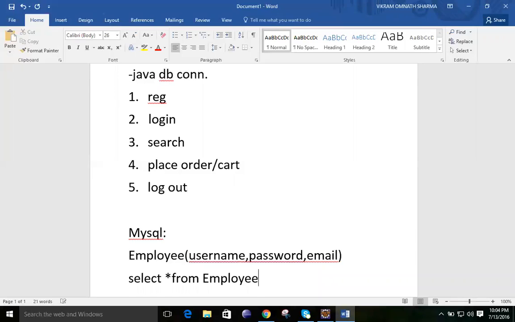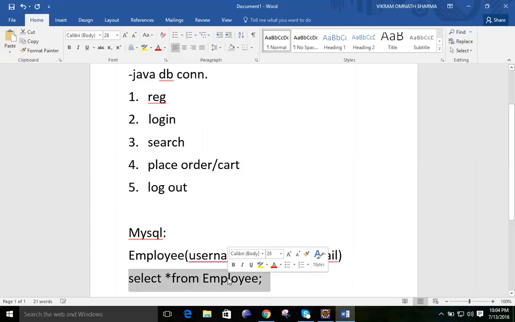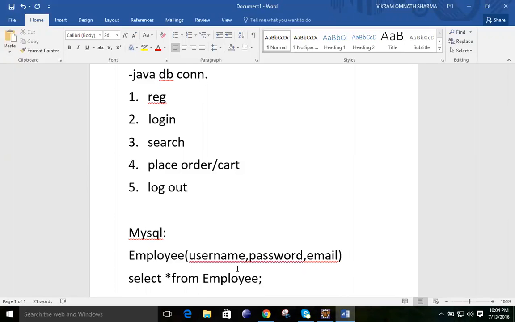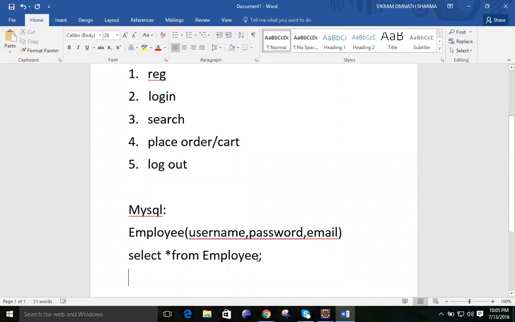We will see now. Select means you are selecting something. From where are you selecting? You are selecting from this table. What is the meaning of this symbol, the star? Star denotes all. Whatever is present, whether it is empty, it will select empty. Otherwise, if it has n number of rows or columns, it will take everything without mentioning anything. That is the purpose of the star. Select star from employee.